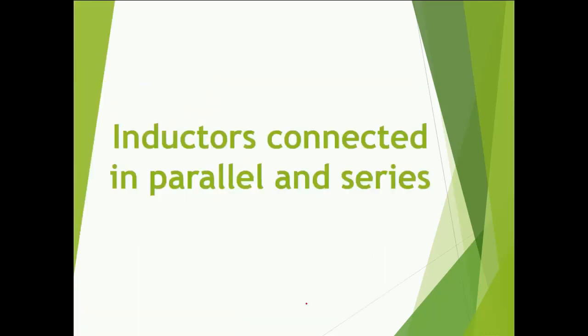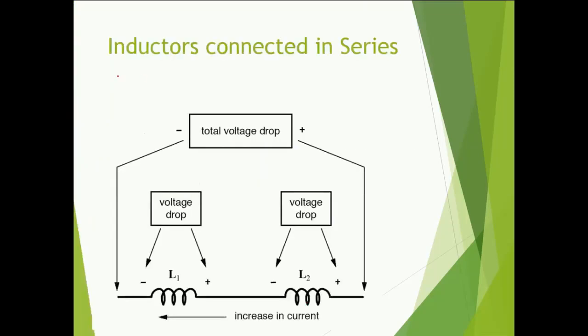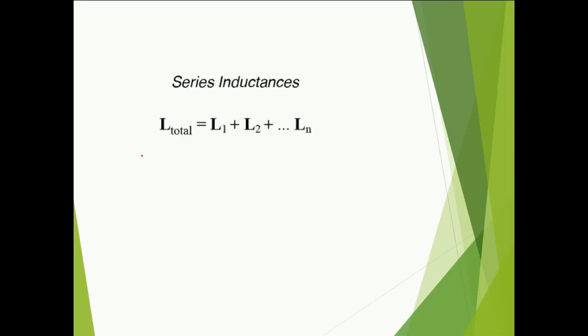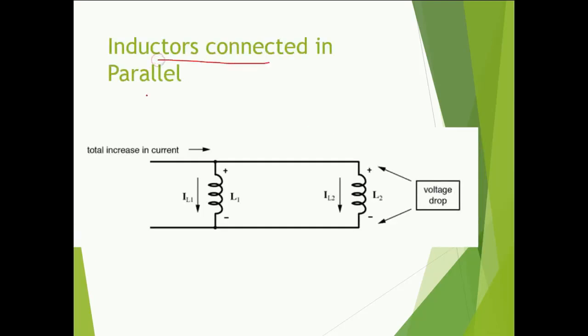Now the second portion is inductors when connected in series and parallel. First of all, when inductors are connected in series with each other. Now two inductors are connected in series with each other, so the voltage is going to be V1 plus V2. Now how the inductors are going to behave in series and parallel connections is exactly the same as how the resistors behave in series and parallel connections. That means in series connection, the total inductance is the sum of all the inductances connected in series with each other. Whereas in the case of parallel connections,